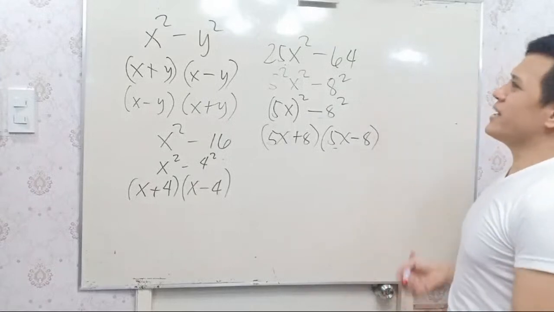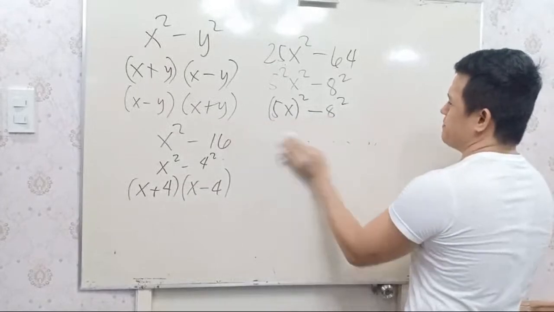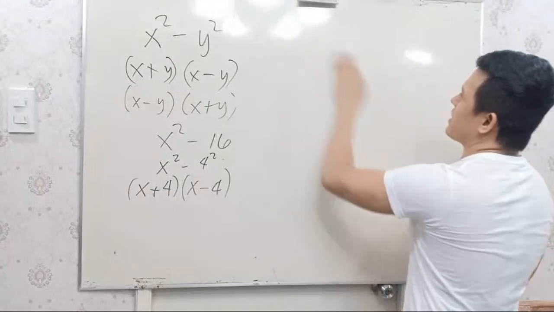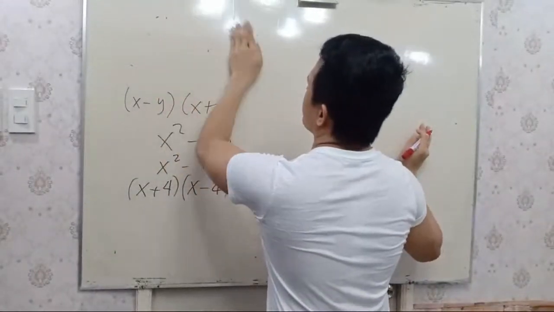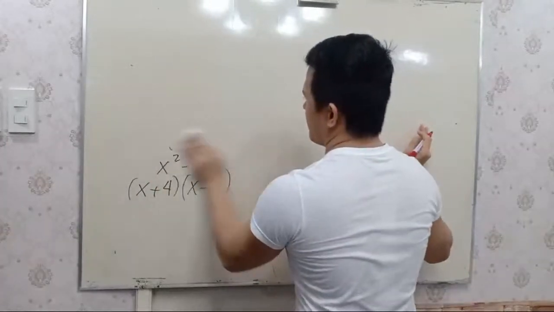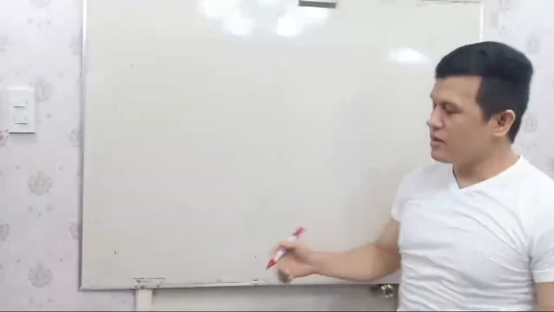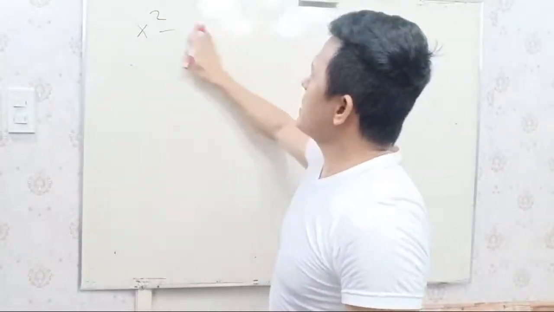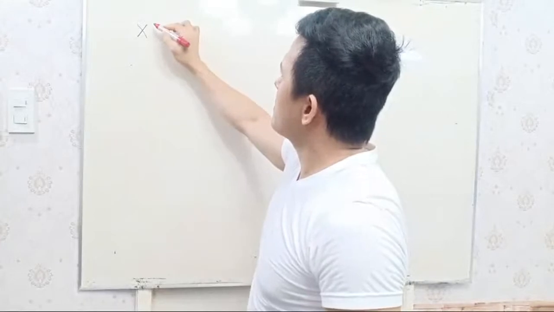Okay. Next one. Let's go to the next topic: perfect square trinomial. Okay? So, shall we say x squared,